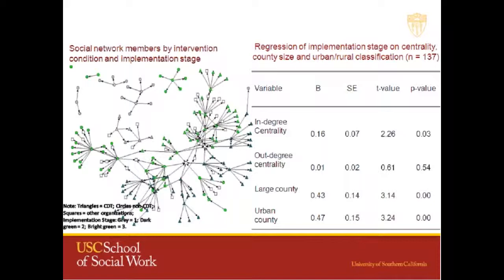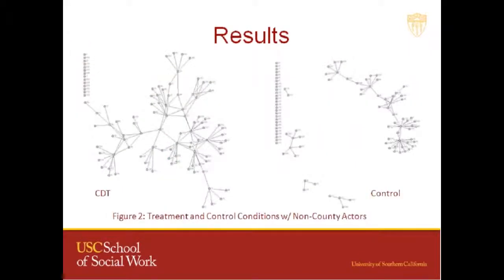And in a way, it makes sense. You imagine that people seeking information and advice want to go to counties that have successfully implemented a particular evidence-based practice. So the counties that they go to are likely to have these opinion makers or influence leaders that other people go to. Next slide, please.